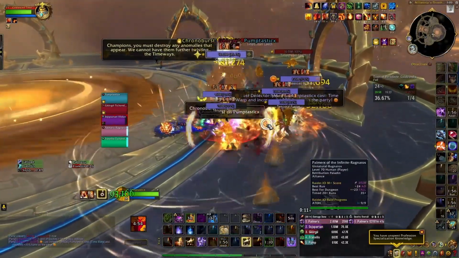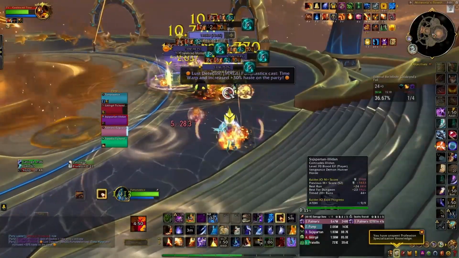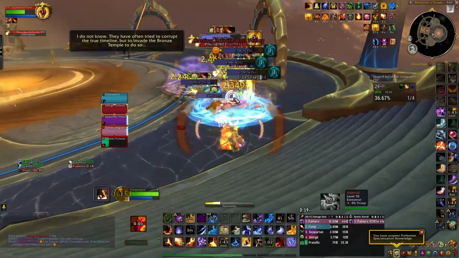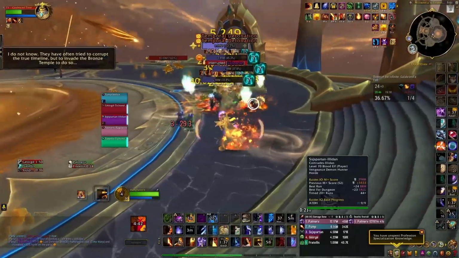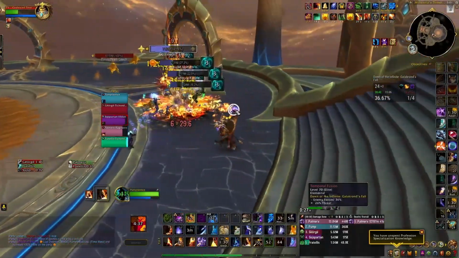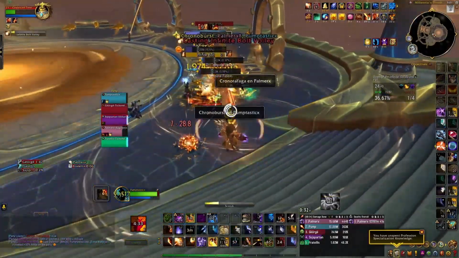Chrono Burst is the scariest part of this whole entire platform because it hurts a lot on high keys. You will definitely wipe to this in your pugs. It requires some coordination or a really good healer. I think the best way to deal with it is to have one person, especially if you're ranged, be spread out from the rest of the group, and if they get it, they get insta-dispelled, but it still does